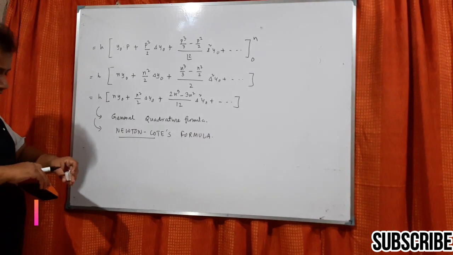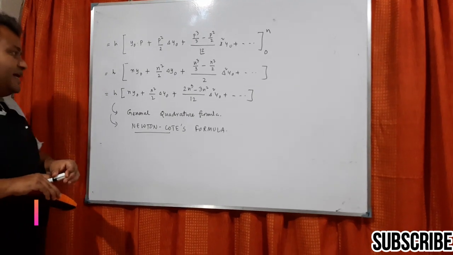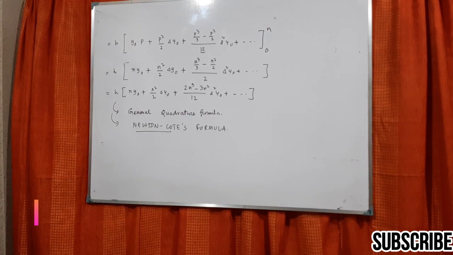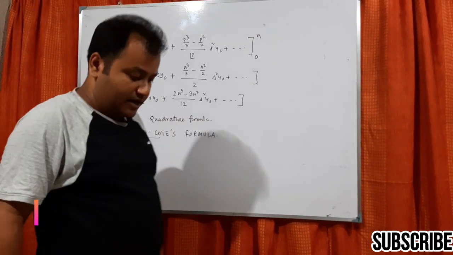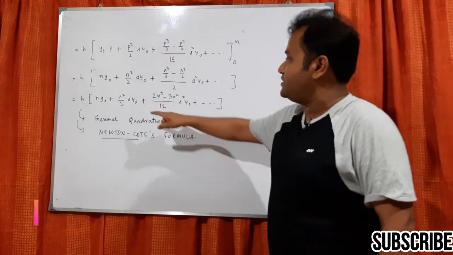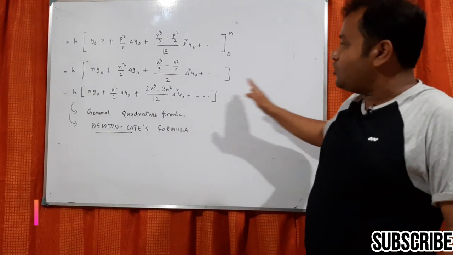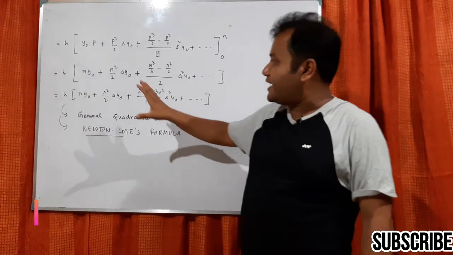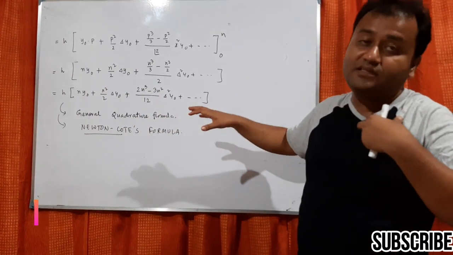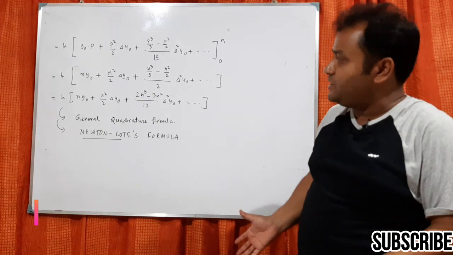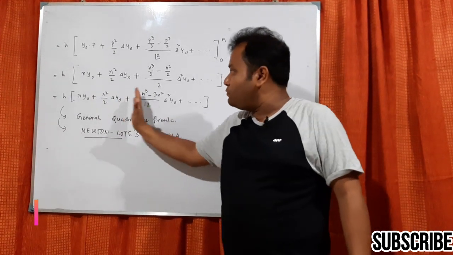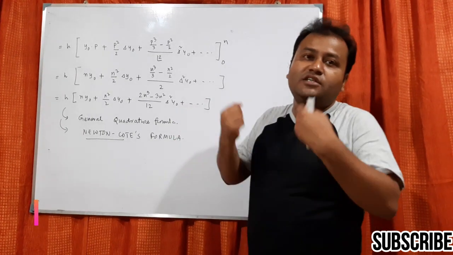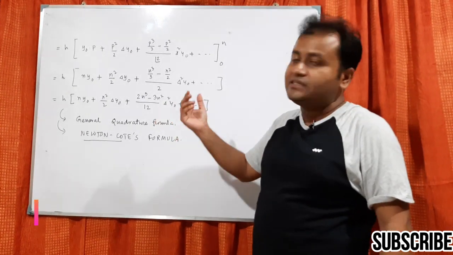Now this formula is good for the derivation, but it is not suitable for application, okay. So what mathematicians have done is they have taken many approximations. This is one infinite series, right? It is going on and going on. The problem with this method is that you cannot apply it very easily. This is a very tedious job. So mathematicians have taken a few parts of this and tried to simplify and give us new formulas. We will be discussing that in the next class.